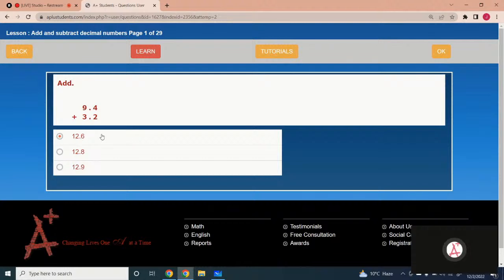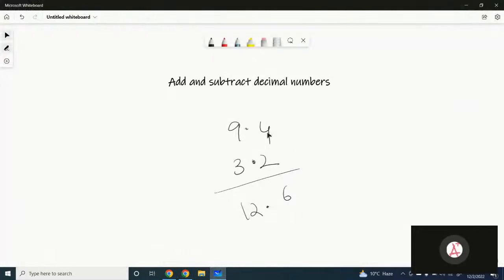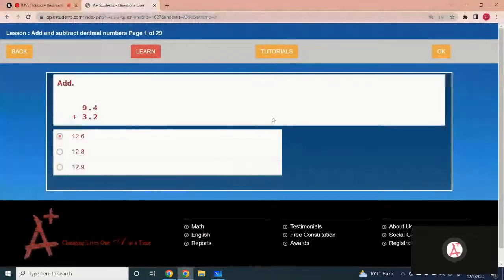It is 9.4. What happened? 9.4 and 3.2. Here it is 9.4 plus 3.2. So it would be 12.6. Just select the correct option and click on the